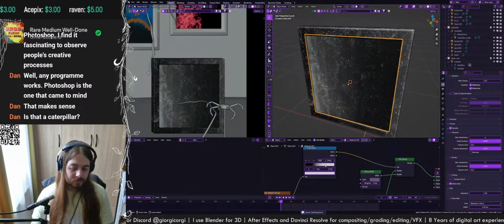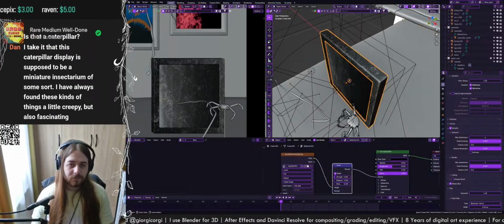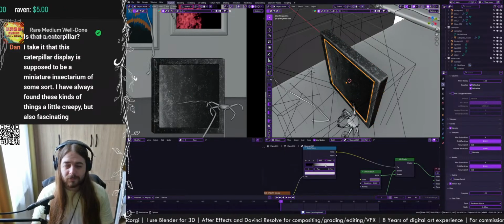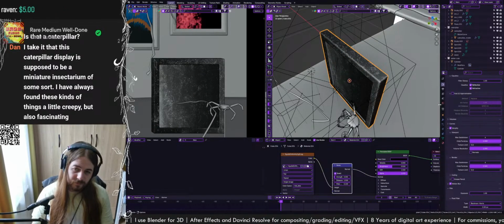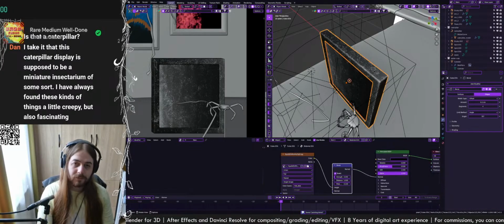Pretty good, I would say. Then, okay, let me just, or I guess maybe I could, now if I join them, then the bevel modifier is going to be also applied on the glass, so